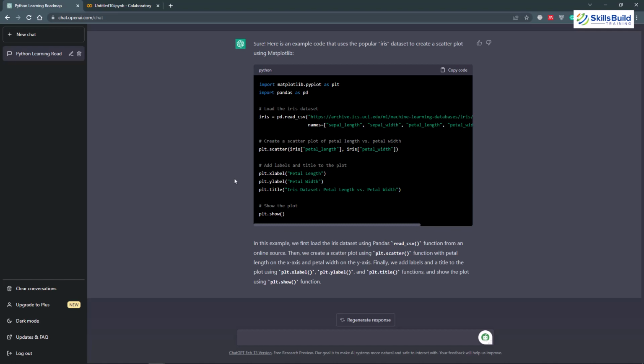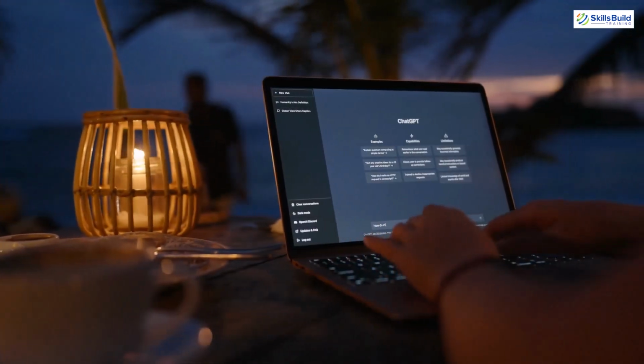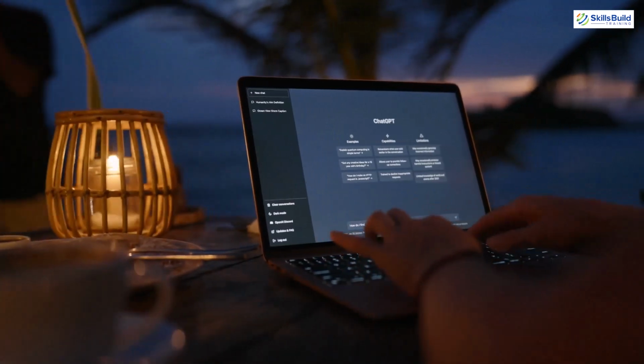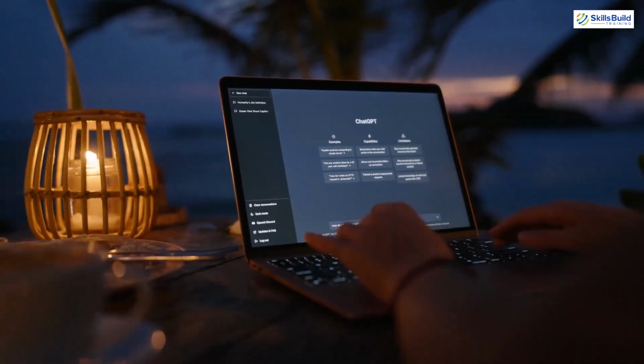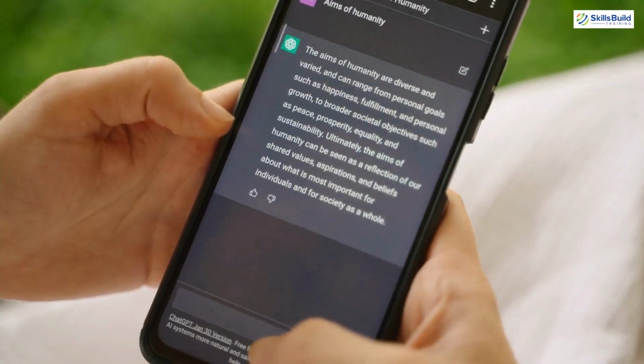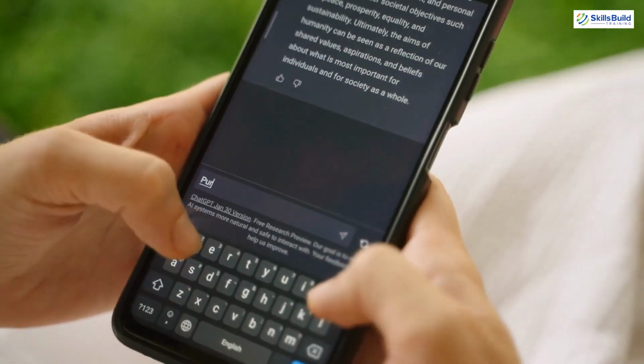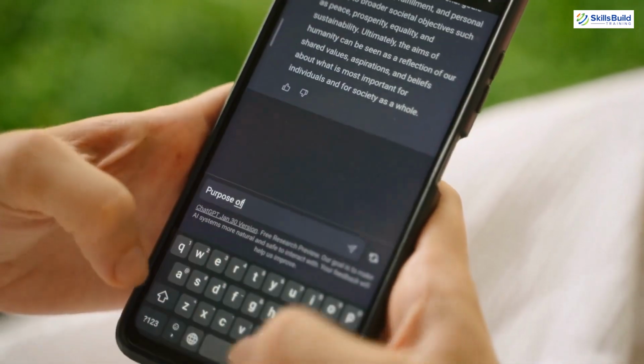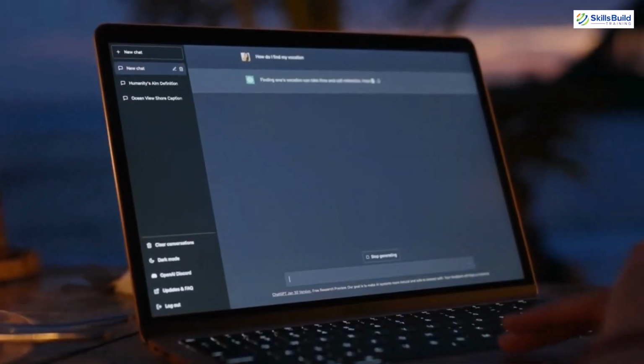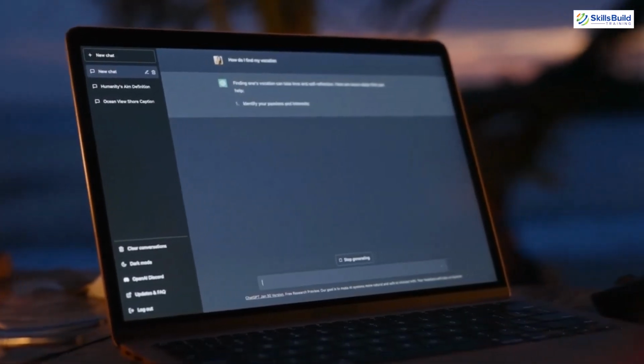And that brings me to the end of this particular video. Now I hope that you have an idea of how you can use ChatGPT in terms of learning Python. No matter if you are a beginner or you want to use Python for data sciences, or you want to create different APIs, or you want to learn different scripting, no matter what, ChatGPT is there for you.